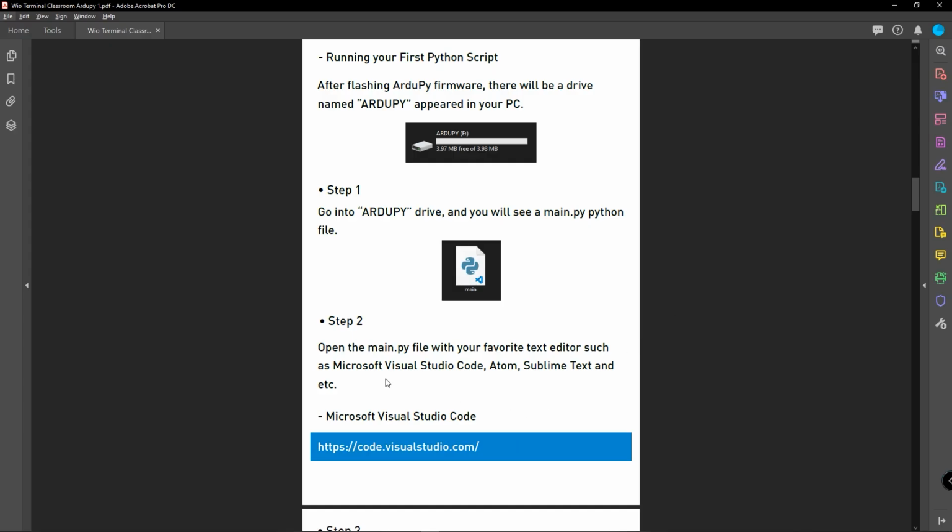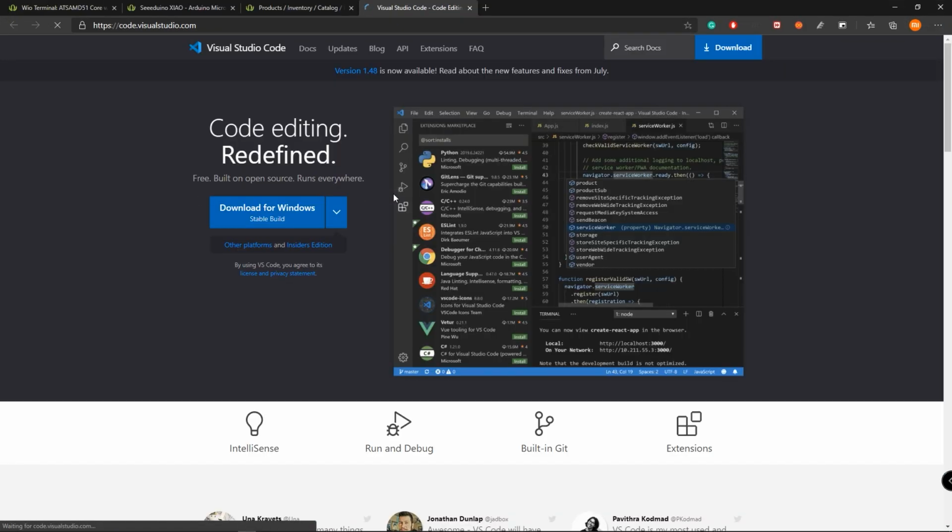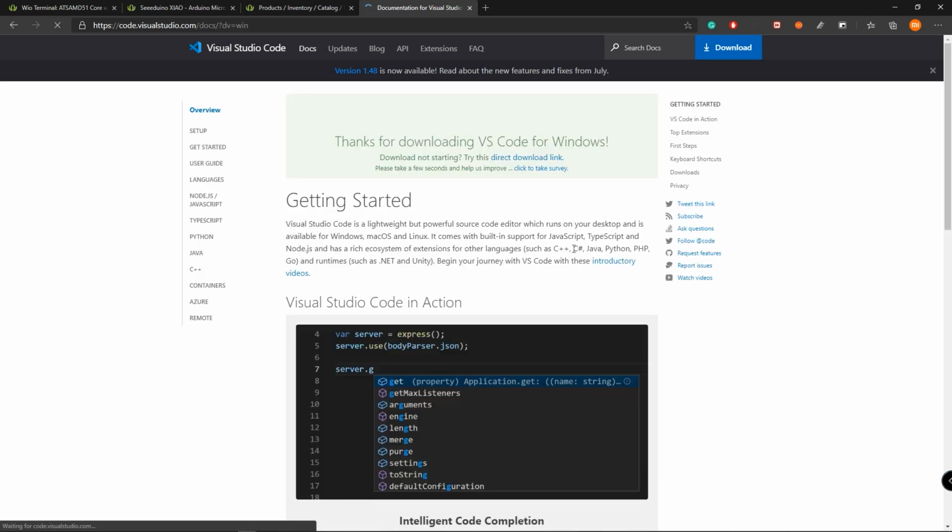I will walk you through how to download the Microsoft Visual Studio Code. Go to this link first. I will attach this in the video description down below, and then download for your operating system. I'm using Windows, so I download for Windows.